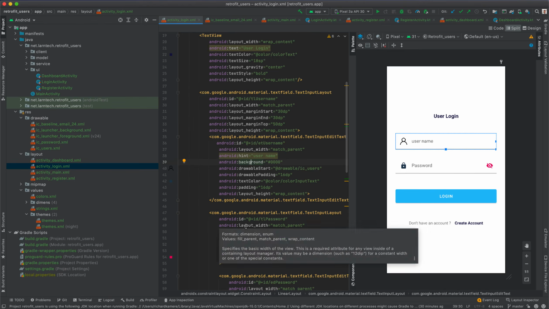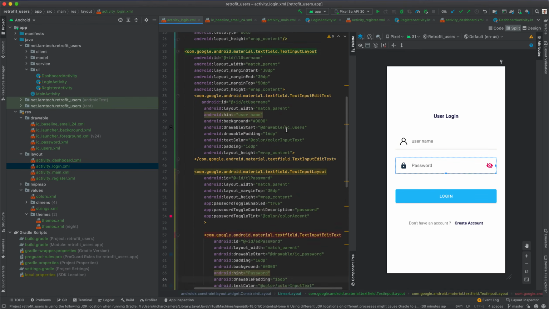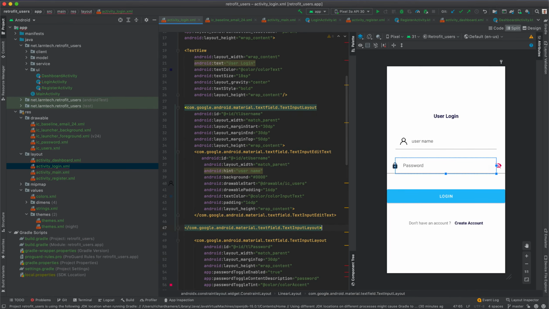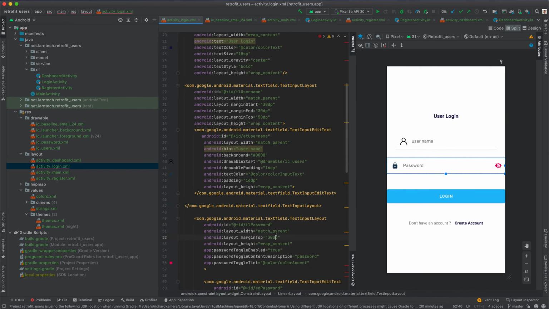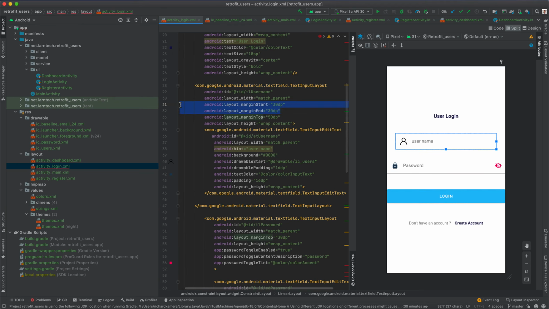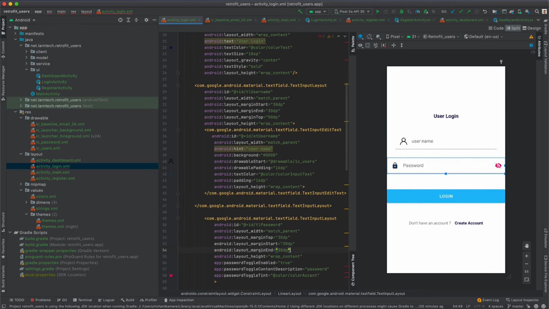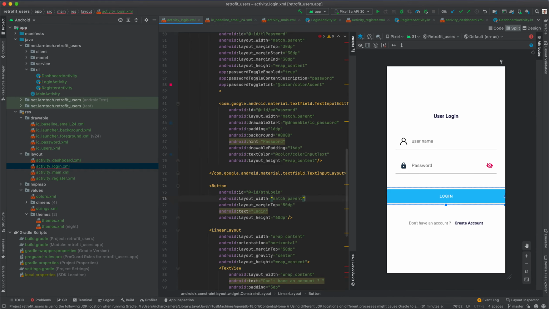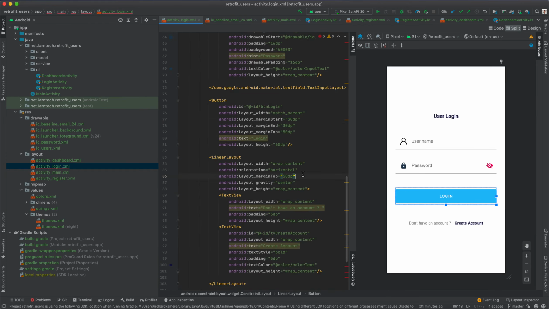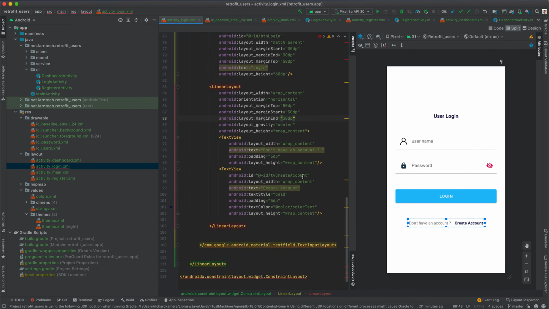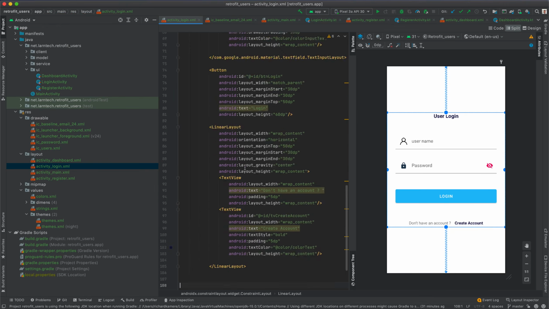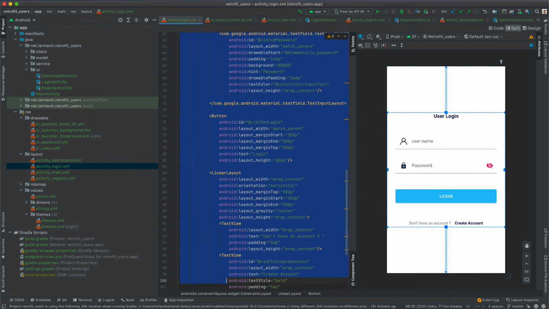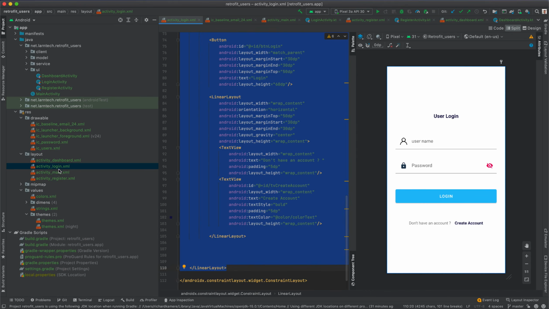So for username, we didn't close it, so we have our username below here. I'm going to close that one, and then for password, we didn't give start and end margin, so I'm going to give it here. Then for button, the same. And then for our linear layout, the same. And then I can remove this one. So I'm going to copy the whole of this one, and I'm going to paste it in my register activity,